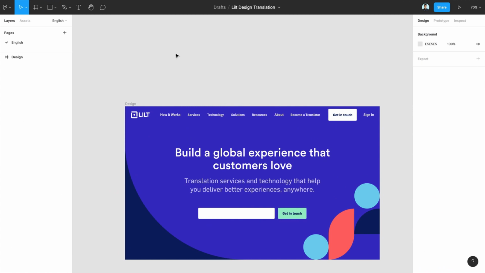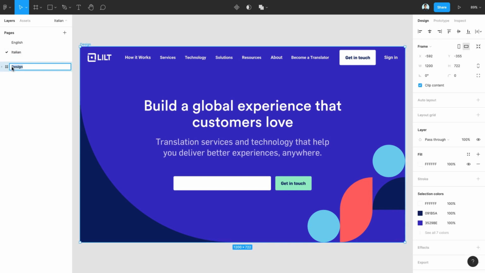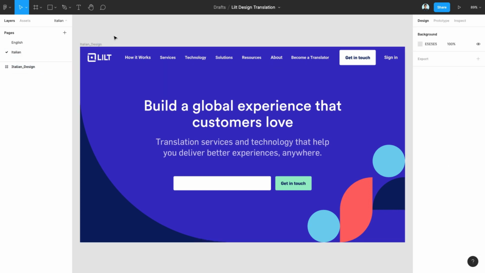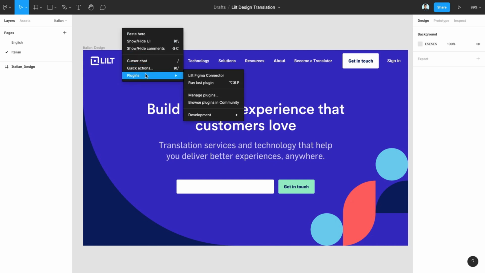Let's get started in our Figma workspace. We want to instant translate this entire design. So I'm going to duplicate this page and quickly rename my design elements to help stay organized. Now I'm going to open the Lilt Figma connector by right-clicking in my workspace, hovering over Plugins, and selecting the